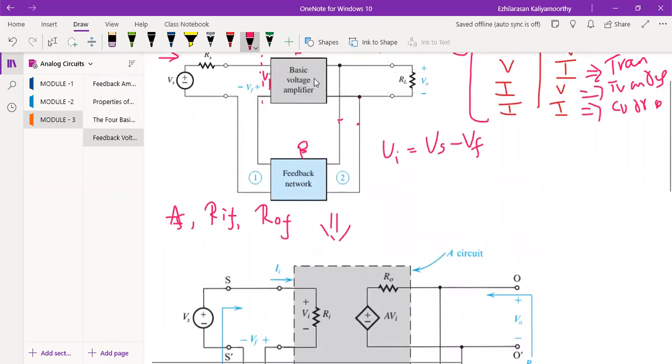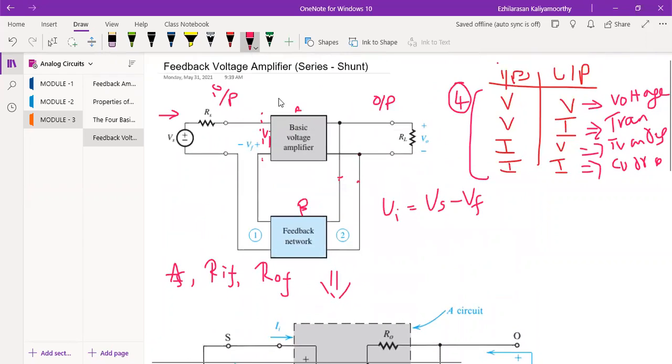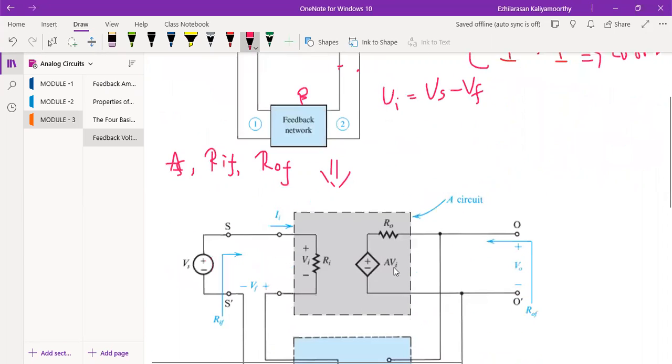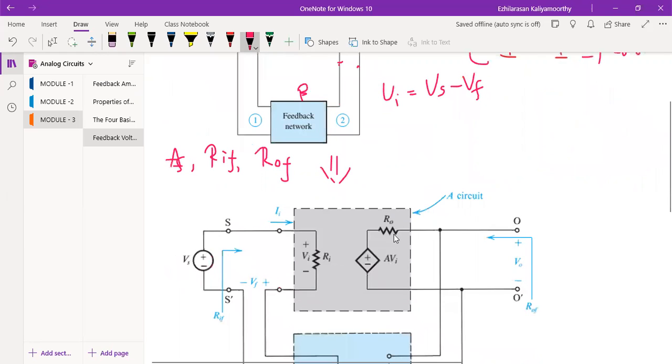Because what will be the gain actually? This gain will produce nothing but the input is nothing but A. This is nothing but A, already I said, right? The input signal is nothing but VI here. So the output I'll get is V naught equal to A into VI. Already we know this. That is A into VI, that is R naught. So VI.